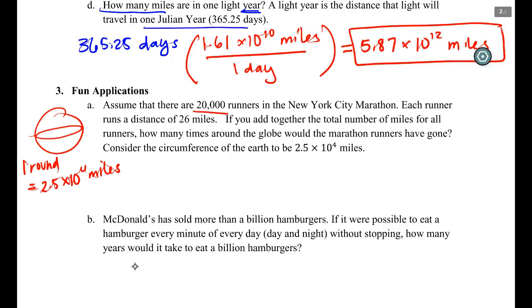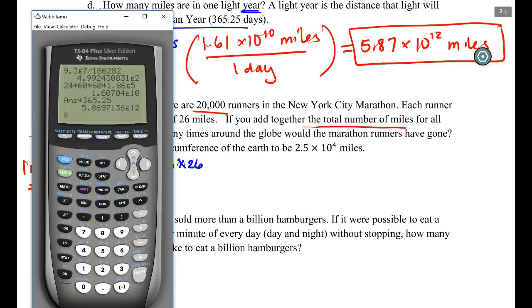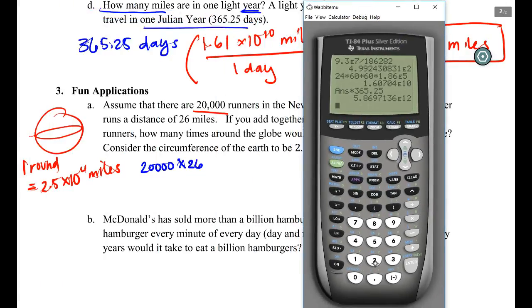So that's our conversion that we're going to use. First thing we need to do is figure out, well, what are we dealing with? We're looking for the total number of miles ran. And our total number of miles is 20,000 times 26, right? 26 miles for every one of those 20,000 runners. I think I might have said 2,000, but I meant 20. So 20,000